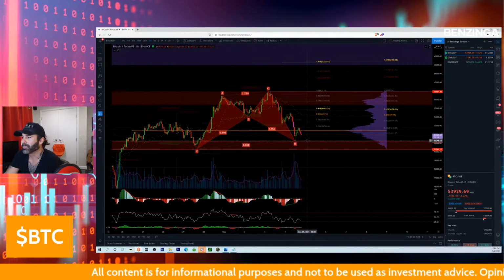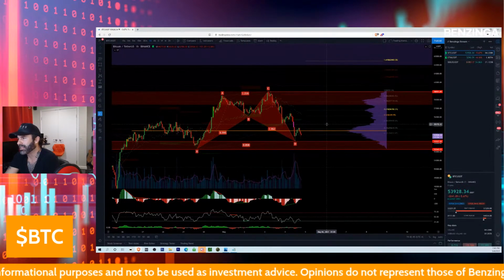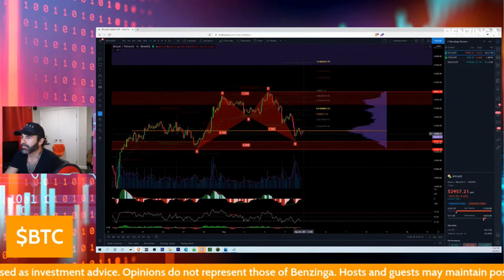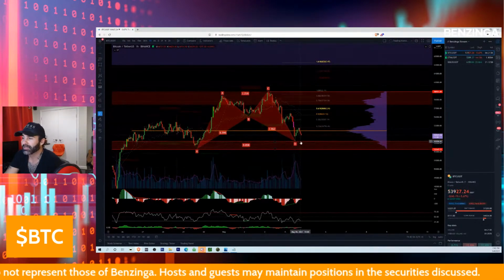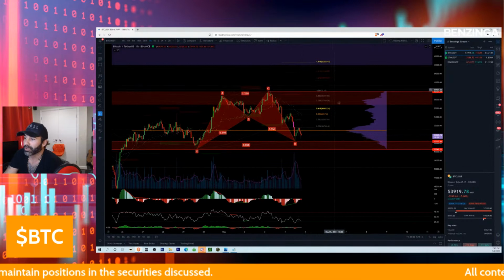You want that confirmation low before the asset starts to make higher highs. It basically lets traders know that we've got a bottom in. This would be an area where you could potentially take another long,